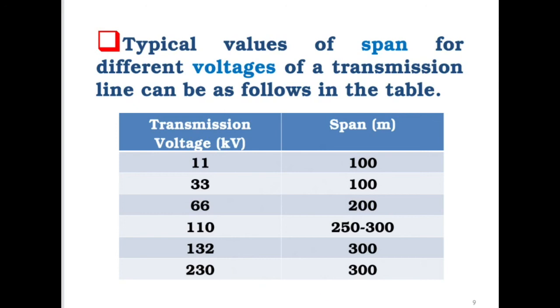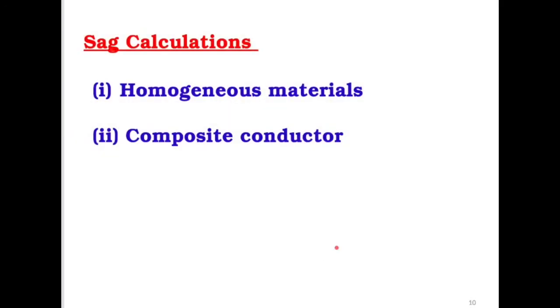All these are just guidelines. We have to combine everything. And when we come to do the calculation, there are two things that we need to consider: homogeneous materials and composite. Like I mentioned earlier several times, we can use one material to make a conductor or a number of materials to make a conductor. Like copper, it's a homogeneous material. We assume that only copper is there, and no impurities are involved in the conductor material. So it's a homogeneous conductor.